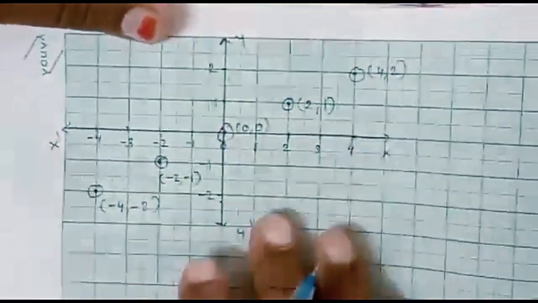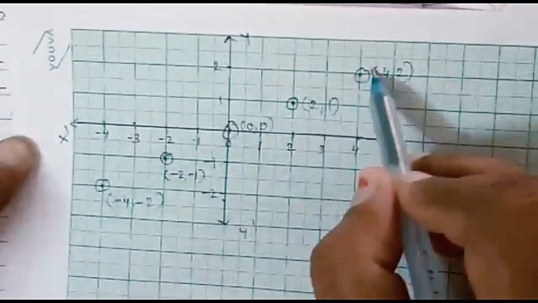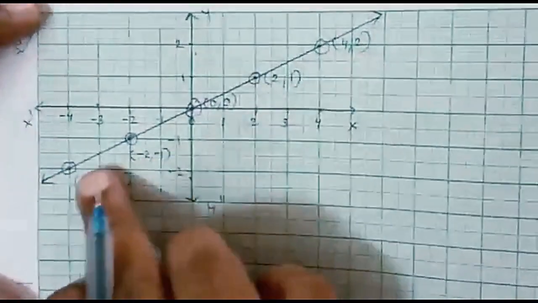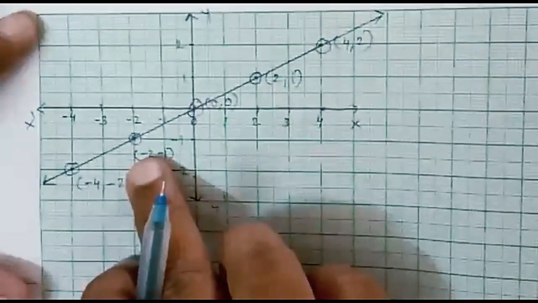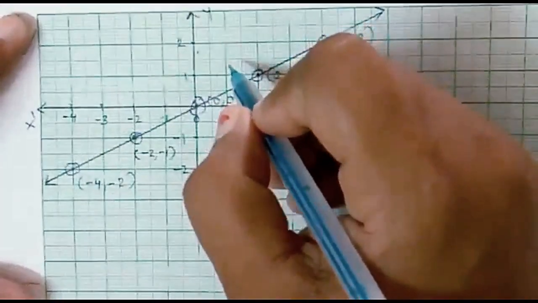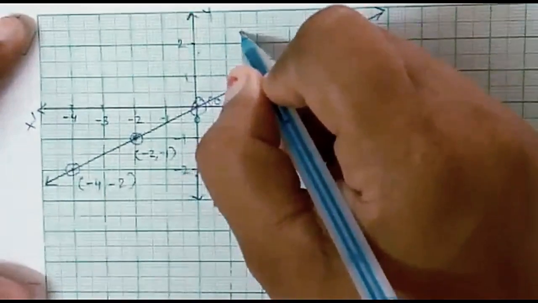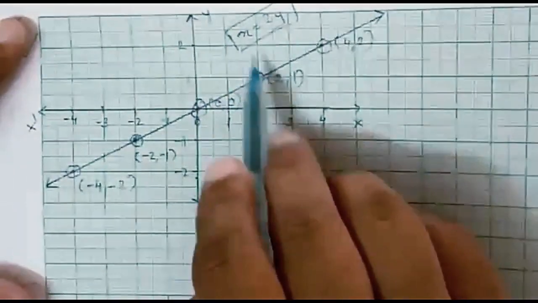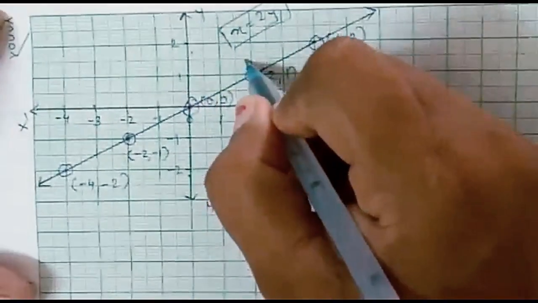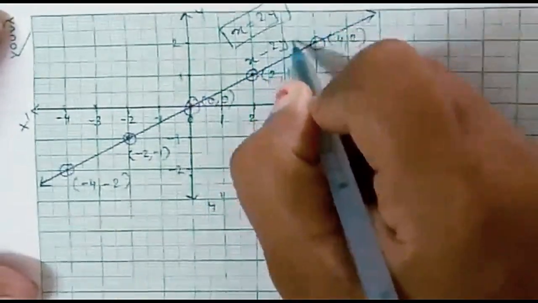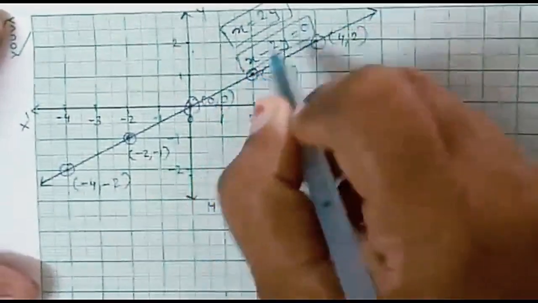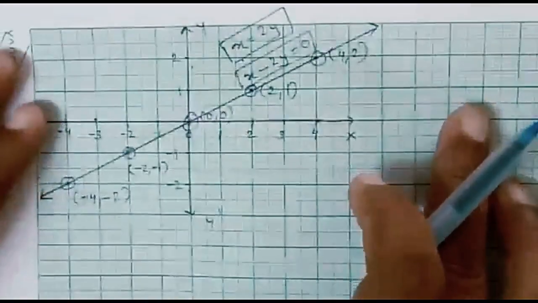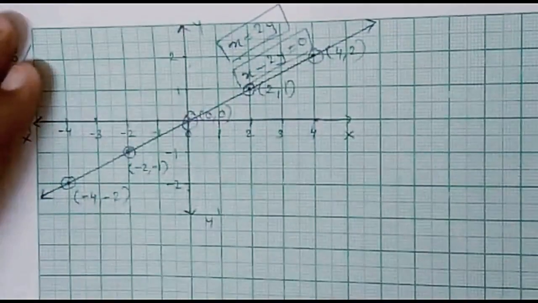Right? Now through these points we can draw a straight line. You can see here I have drawn a straight line, and this line was actually for the equation that we had framed. If you remember, it was x is equal to 2y, right? Either you can write that this line represents the equation x is equal to 2y, or you can write x minus 2y is equal to 0. So this is the representation of a linear equation on a graph paper, or we can say it is a graphical method to represent a linear equation in two variables.